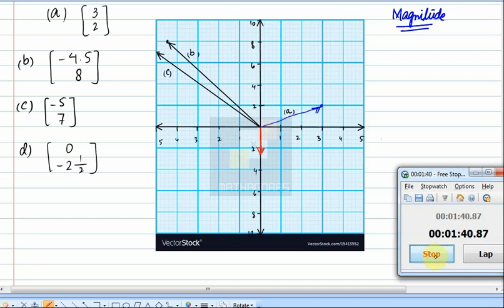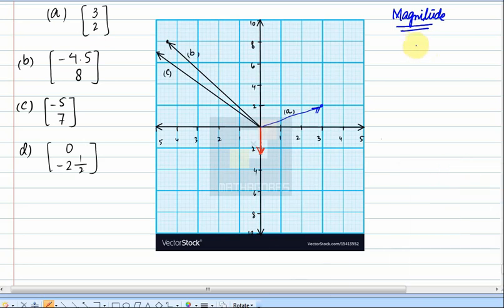Alright, I'm starting now. For the first part, the magnitude is 9 plus 4 under a root sign, and that is root 30. Right? X square plus y square. For the second part, 4.5 square is 20.25, 8 square is 64, that equals 84.25 with the root, and when you find the root, it's